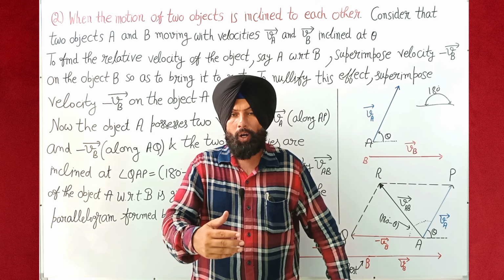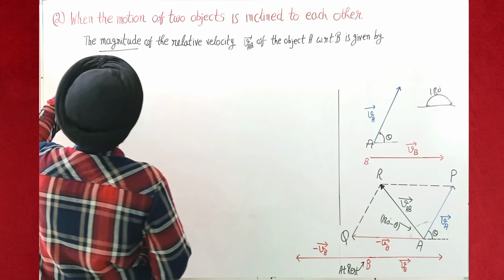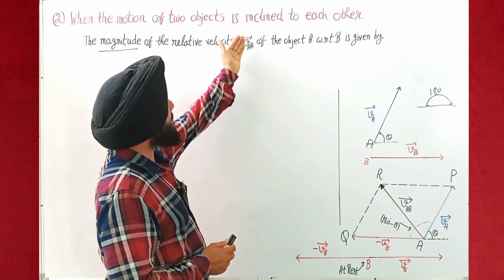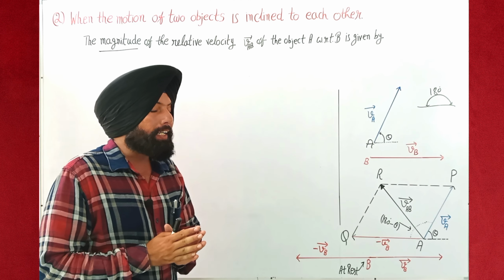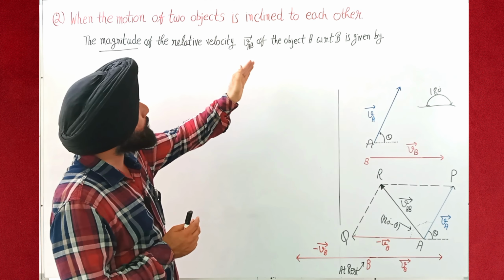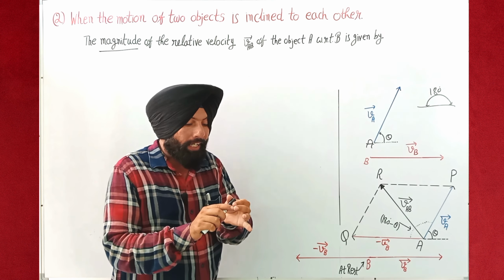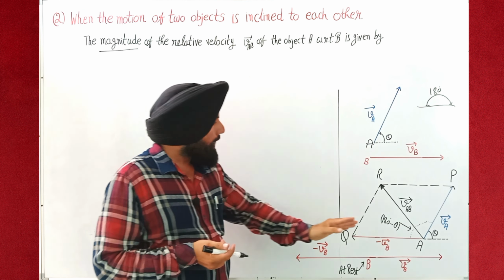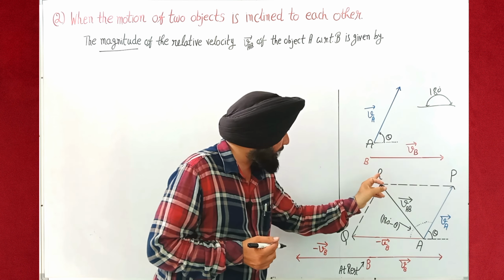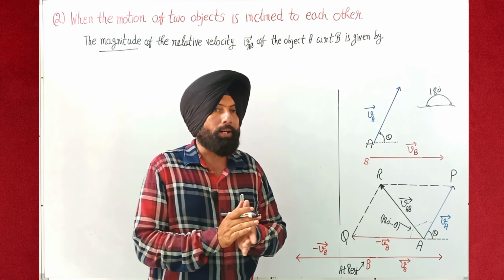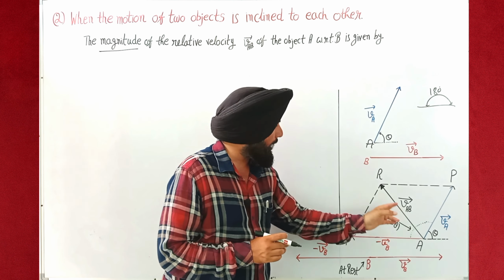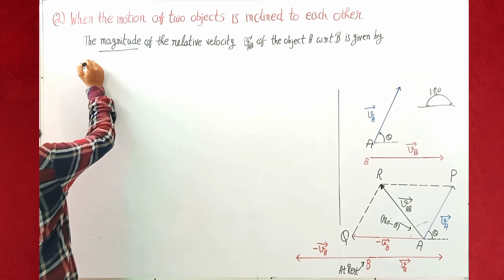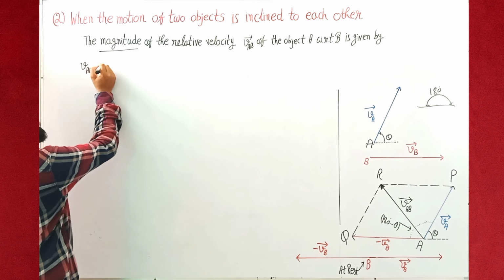Now let us see, students, the magnitude of the resultant velocity V_AB vector, meaning the relative velocity of object A with respect to B, is given by, here we will use the parallelogram law of vector addition. In parallelogram APRQ, the diagonal represents the resultant, the diagonal is AR. So the resultant V_AB equal to